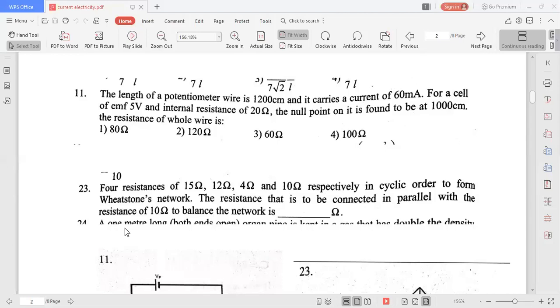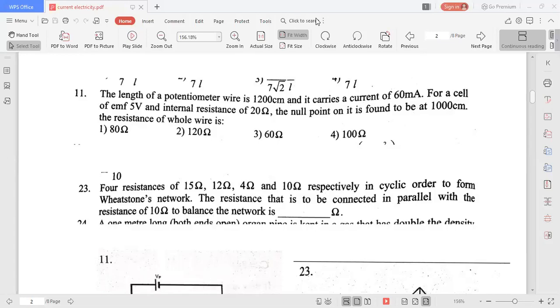Now you substitute Ip equal to 60 milliampere, 60 into 10⁻³, into the resistance of the potentiometer wire, which we have to find. L is 12 meter, because we have substituted everything in the SI system. That's why you write 12 is equal to 1/2. Therefore, Rp is equal to 1/10⁻², so you will get 100 ohm. So the resistance of the potentiometer wire is 100 ohm. This is the answer.